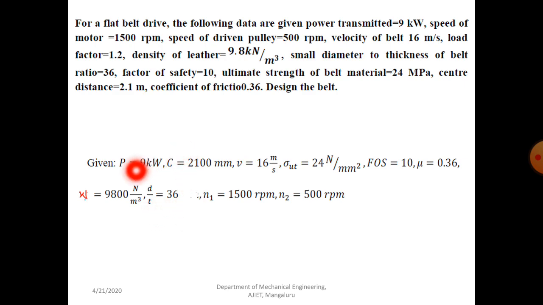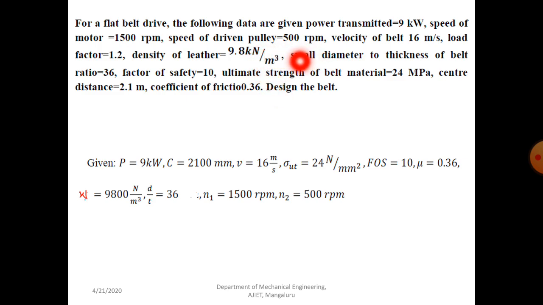So with the help of this small relation, you can calculate two unknowns, that is thickness as well as diameter. Now N1 is nothing but the driver. You can see here the motor. Whatever the pulley that is connected to the motor, it acts as a driver. So that speed is usually high. From the prime mover, you are going to transmit the power to the end shaft. It means that the speed will be reduced.